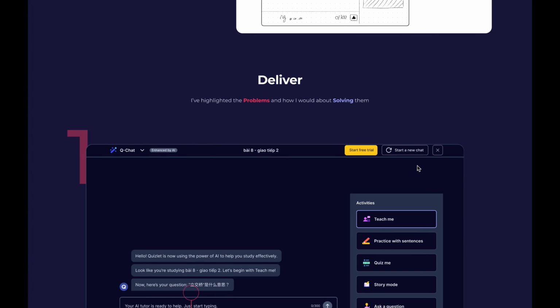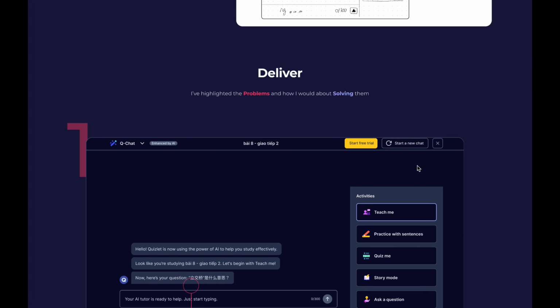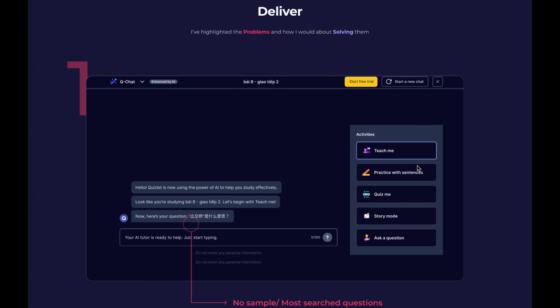I highlight the problems with the red color and how I would solve them with the blue color.